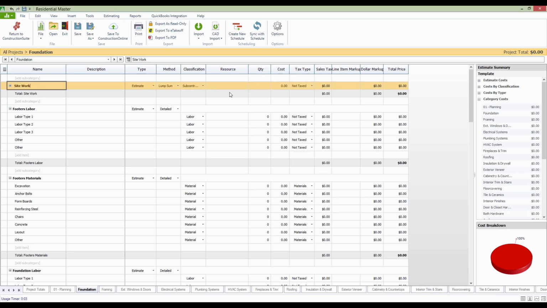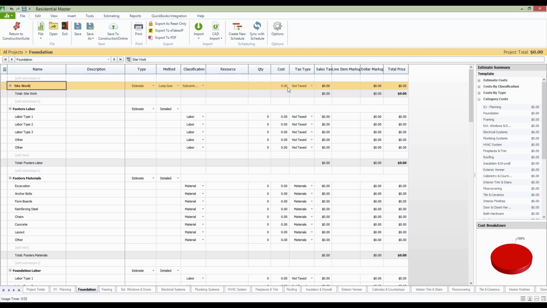Now, of course, this might change as you start to get into the job itself, but you can always go through and make these adjustments here. Set up your templates so that they're pretty general for you. Maybe have all the information and the details that you like to have from job to job. And that way, all you have to do is go in and update the quantity and cost columns as you're